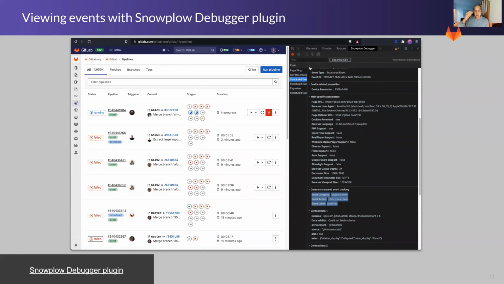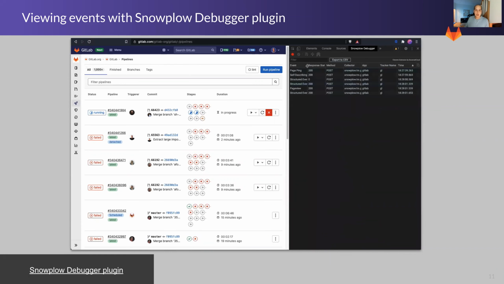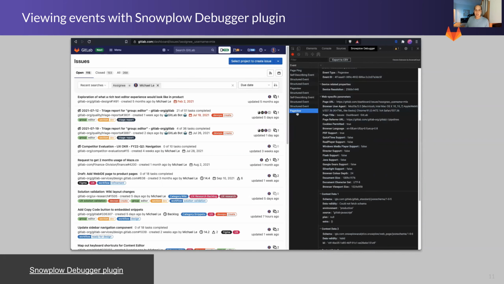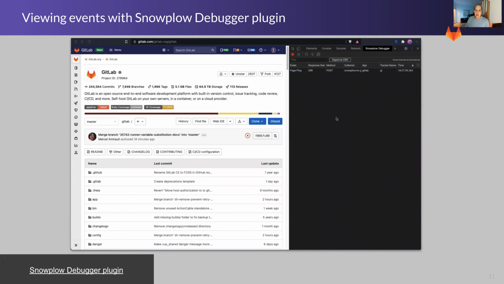So this example here is showing a structured event, and you can dig and see what's being captured already, like what kind of information or the structure that we're already providing, so that when you go to define your metric or how you want to track, you already have a baseline or a guideline of where